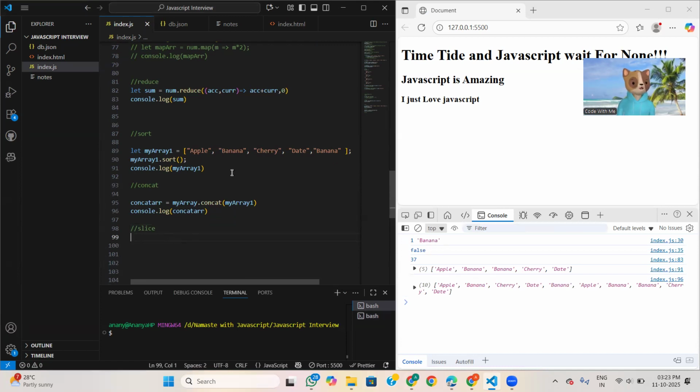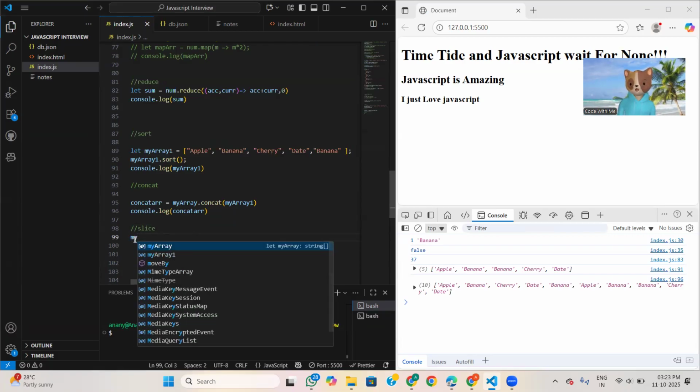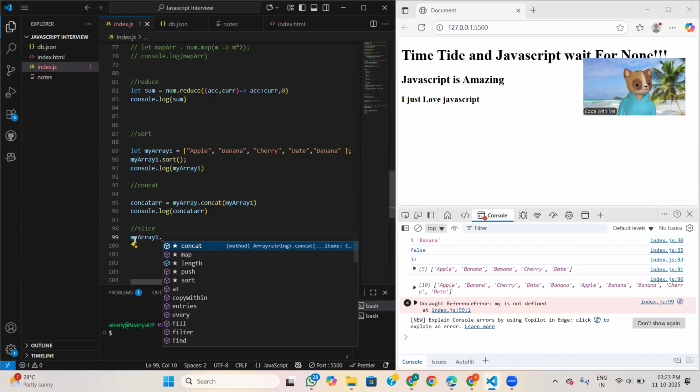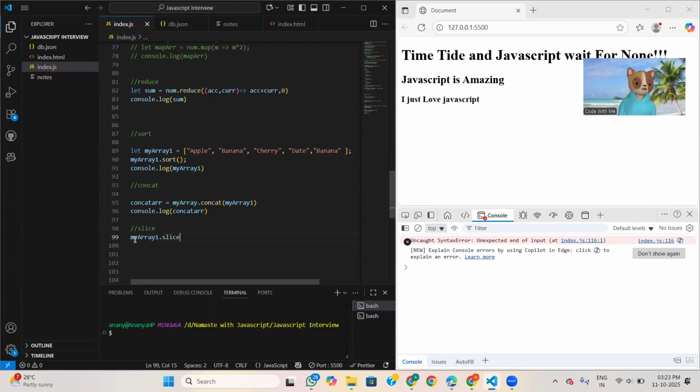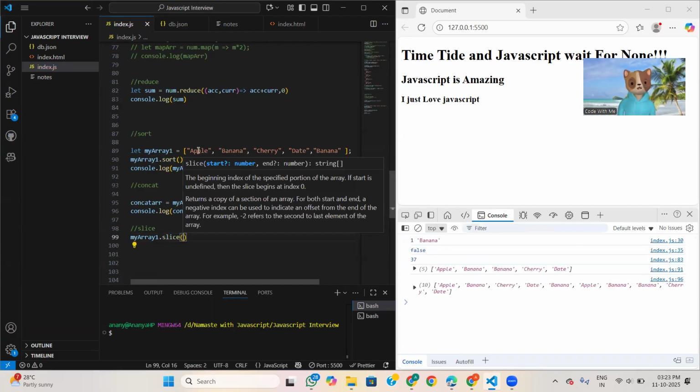Then like this is my array. Now I want my array 1 dot slice. I want to remove 0, 1, 2, 0 comma 2.